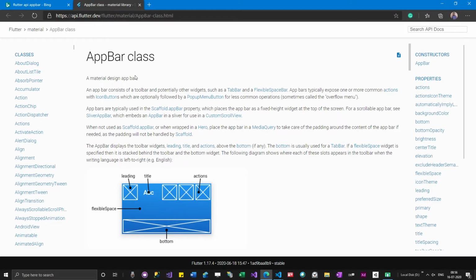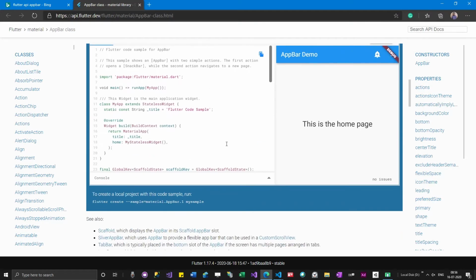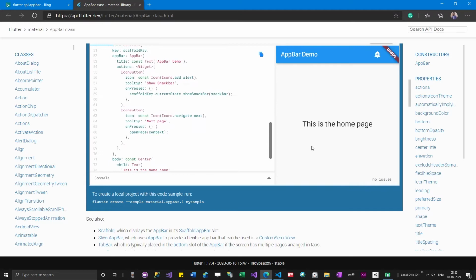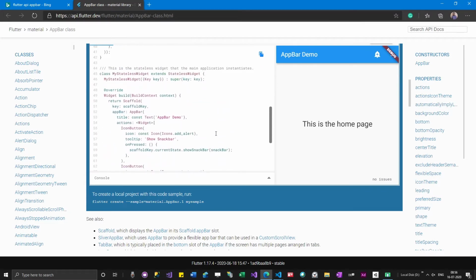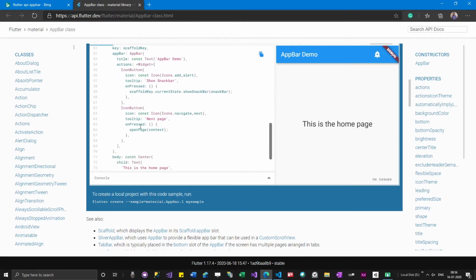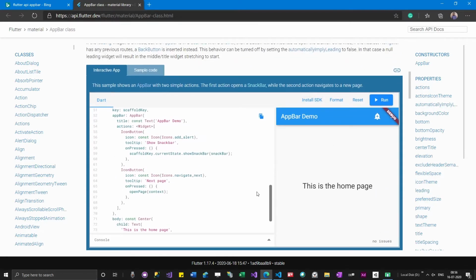Then you can see where this app bar will go and all that stuff. There will be immediate examples, a number of examples will be there, and you can actually try them. So instead of worrying about coding all this stuff, I can simply copy paste this code and get it up and running. And as I said, this is the Dartpad.